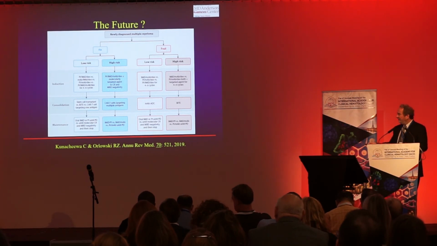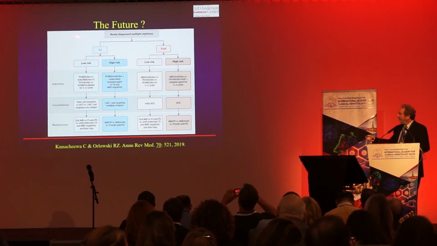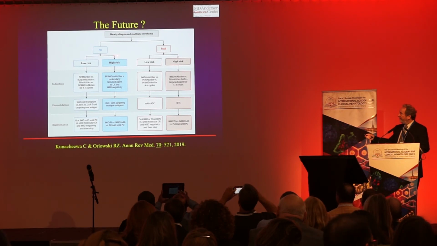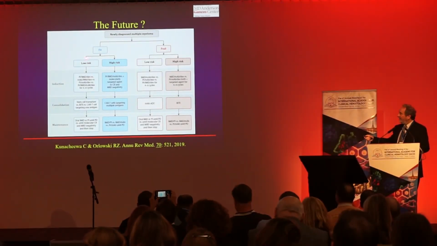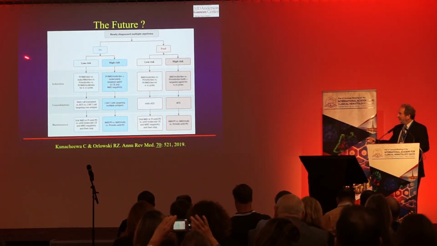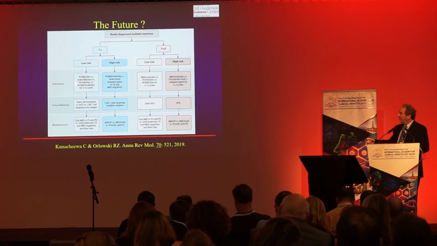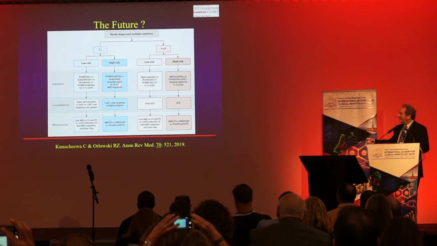And in case we don't have time, Dr. Kanachua and I published this overview in Annual Review of Medicine earlier this year, where we divided people up into those who were fit and frail, and then into molecularly low or high risk, and looked at doing, for example, for low risk patients, pretty much things that we're doing now, which would include 2 or 3 drug induction regimens, followed probably by stem cell transplant and then maintenance,